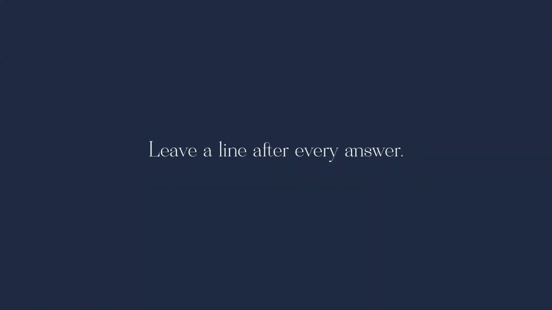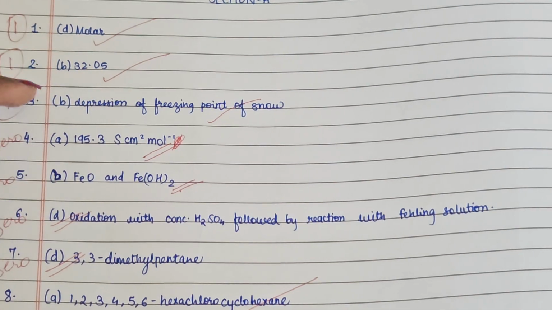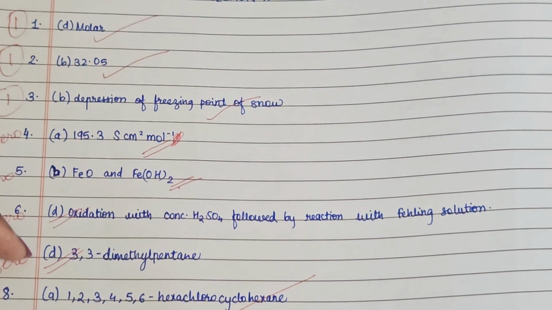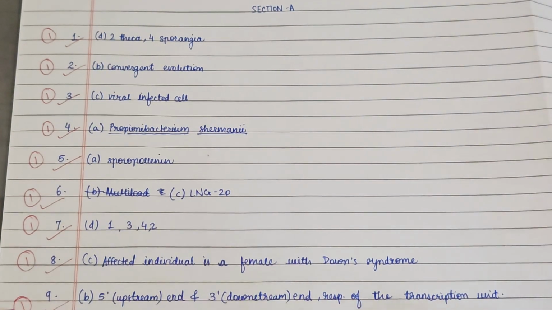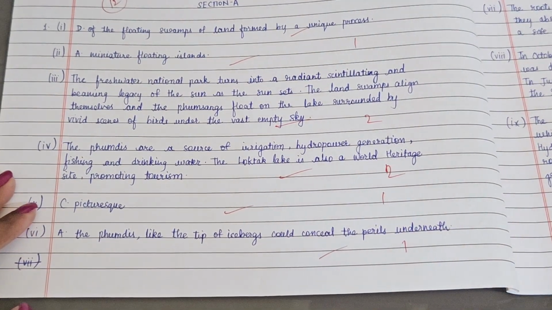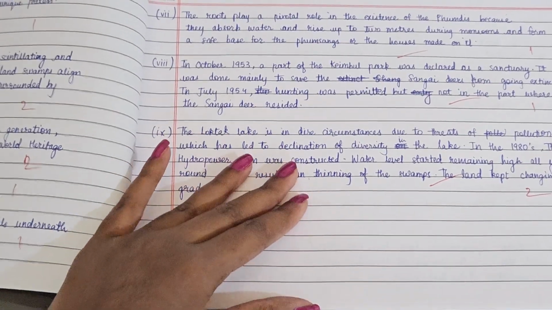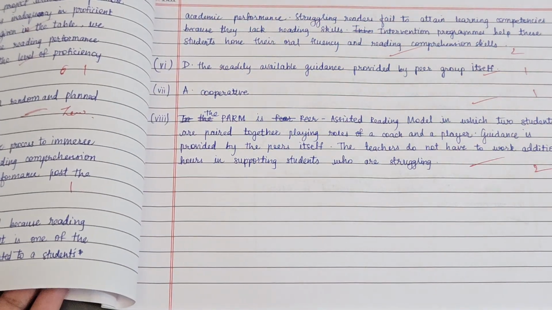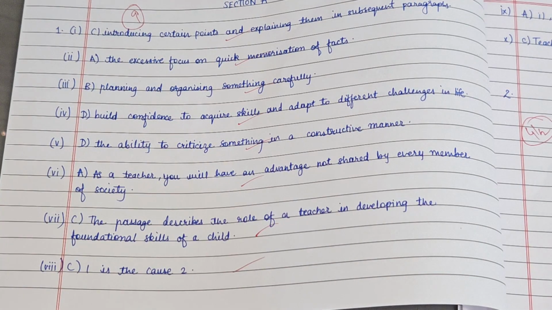Leave a line after every question. Even in MCQs, you can leave 1 line for the objective questions and maybe 2 for the subjective ones like the long answers and short answers, depending on your handwriting. Just make sure that it doesn't look too crowded. The board's answer sheet is really long. It has so many pages already, so just make use of it.